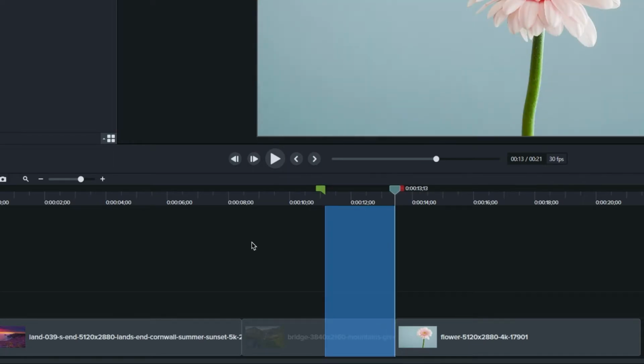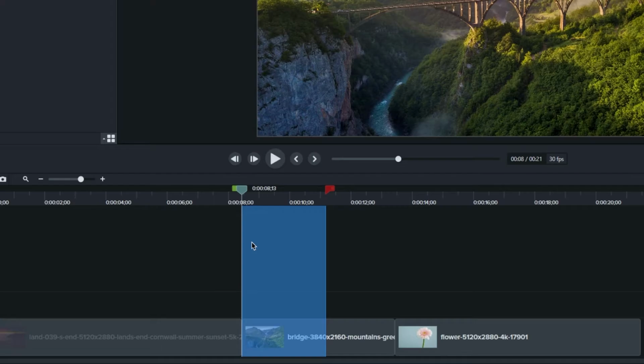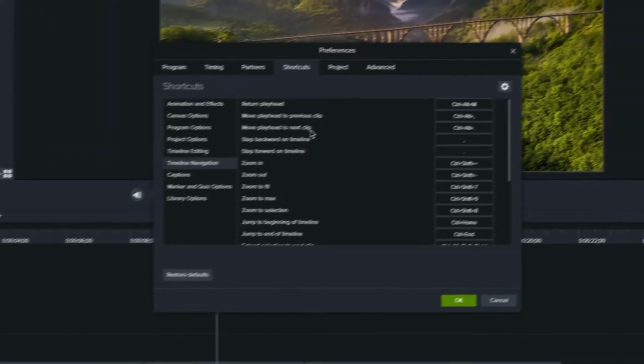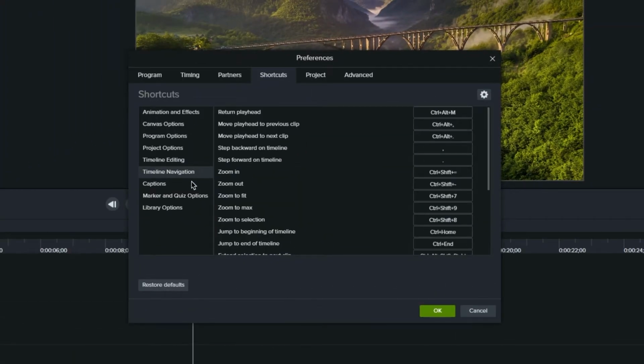The first thing that came to my mind was to draw a selection to the next clip and afterwards draw another one to the previous clip. But if you draw a selection to the previous clip, it doesn't keep the previous selection, which is a problem. Now if I come back to shortcut preferences, under timeline navigation, you'll find these two commands as well: